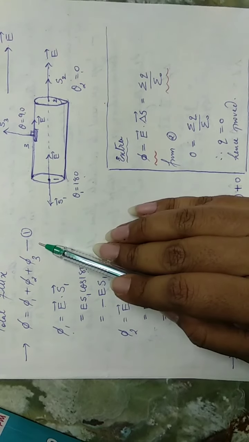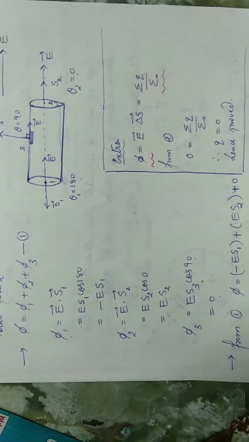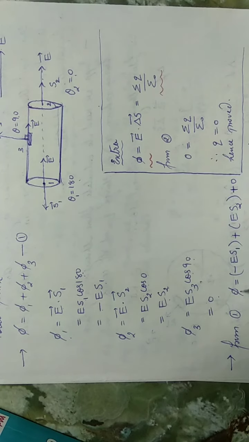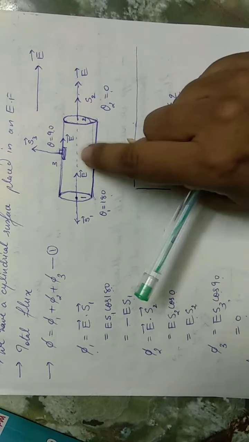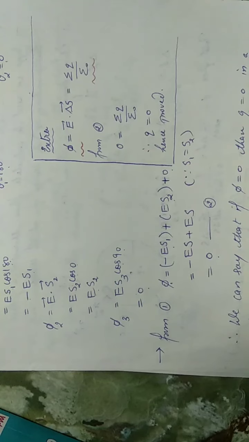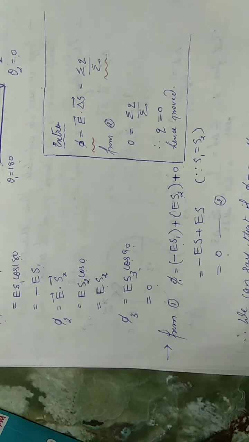Now I'll calculate total flux. Total flux is adding all these fluxes. So I'll substitute all the values of phi1, phi2 and phi3 in this equation, and what I obtain is flux equal to this value of phi1, this is phi2 and this is phi3. If I add them, I'm going to get 0. So as we expected, here no charge was enclosed and the total flux which we obtain is 0. So we can say that when there is no charge enclosed in a closed body, then the flux passing through the closed body is going to be 0. Or else we can say that when the flux passing through the closed body is 0, then there won't be any charge enclosed in the body.